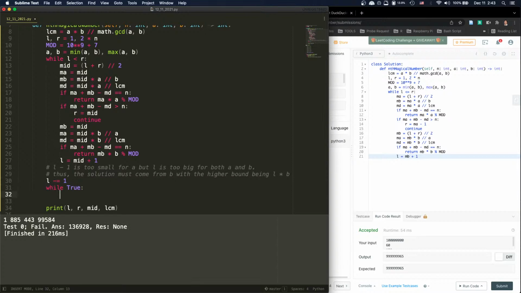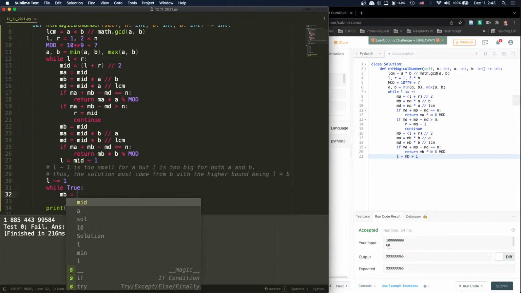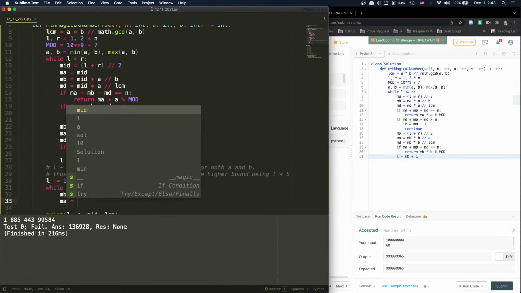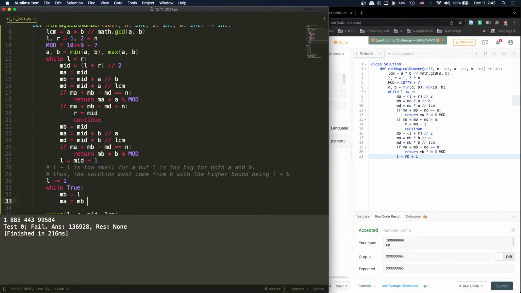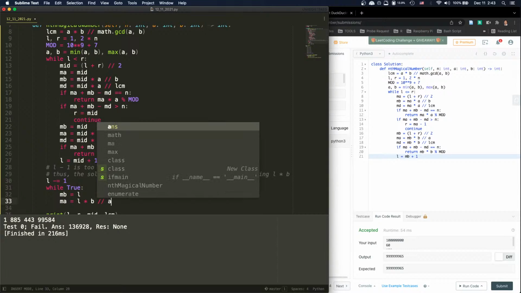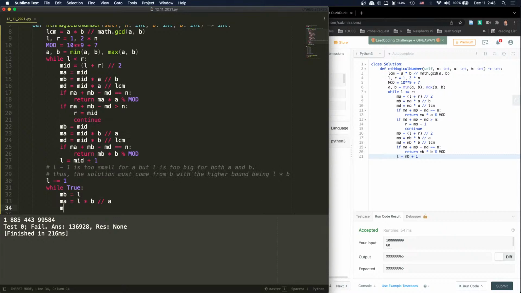Now while true, MB will equal to L. MA equals MB divided by A. And MD equals L times B divided by, and I don't need this, right? Oh, we can just say this and MB